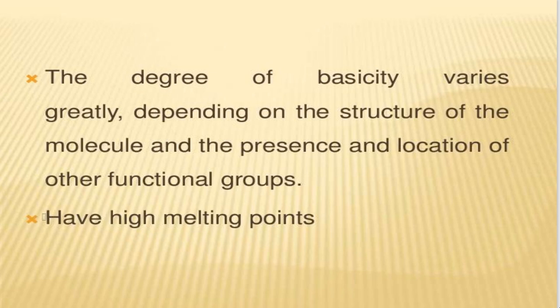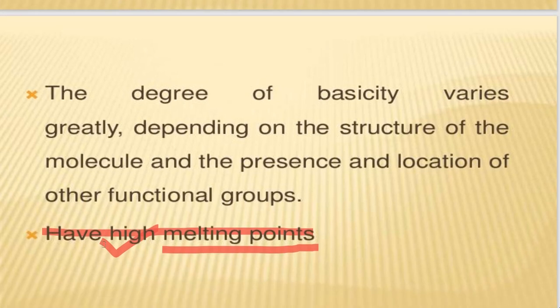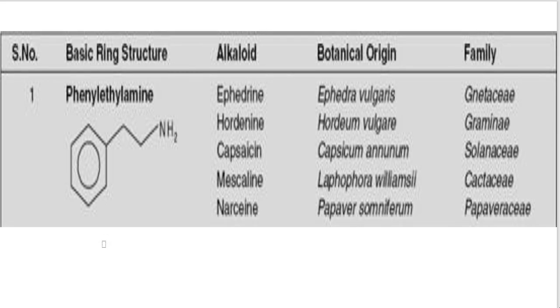This is the MCQ question which was asked last year in the papers. Alkaloids have dash melting points: high melting points, or it can be asked vice versa. Alkaloids have dash melting point: high, low, moderate. Okay, it can come like this. Now we'll be starting with a few examples of alkaloids in the second part of the video. Until then, please make notes and comment down your doubts. Thank